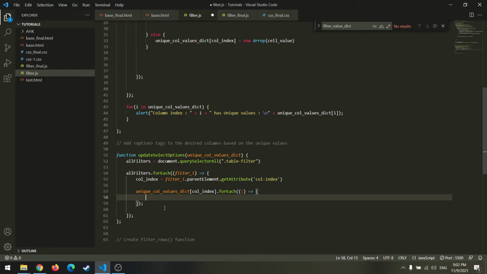Now we update the inner HTML for the select tag. So we can write